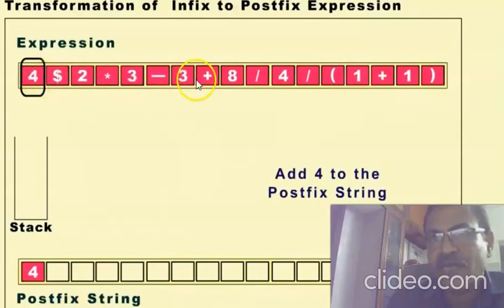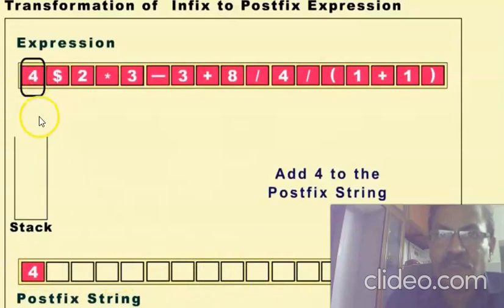So we do not have any of that type of characters in this string. Only valid characters are available here. The only exception is the dollar symbol. I have told you that we have to assume that this dollar symbol is an exponential symbol. So these numbers are operands, others are operators. And this is the infix expression. This is our resulting postfix expression. The postfix expression should be filled in this array.